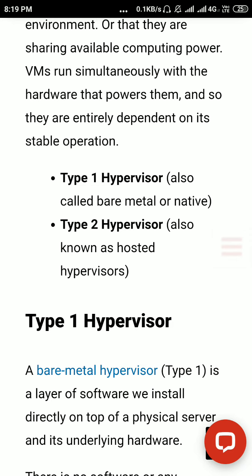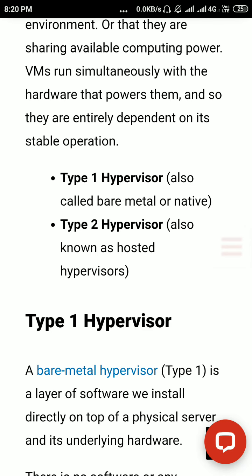Hypervisor has two types, type 1 and type 2. Type 1 is called bare metal or native, and type 2 is called hosted hypervisor. The meaning of bare metal or native hypervisor is that it is installed directly on your hardware, but the type 2 hypervisor is installed above the guest operating system.